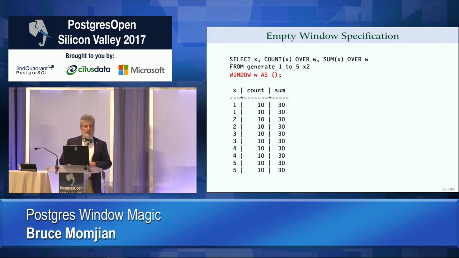Okay? So here's a new query. Again, empty window function. And it's the same thing as the 55 we got before. It's basically adding all rows to all other rows. Okay? Very easy to understand. It's basically just saying sum all the values together. 1, 1, 2, 2, 3, 3, 4, 4, 5, 5, all added together, in fact, is 30. So we could have expected that from what we learned before.